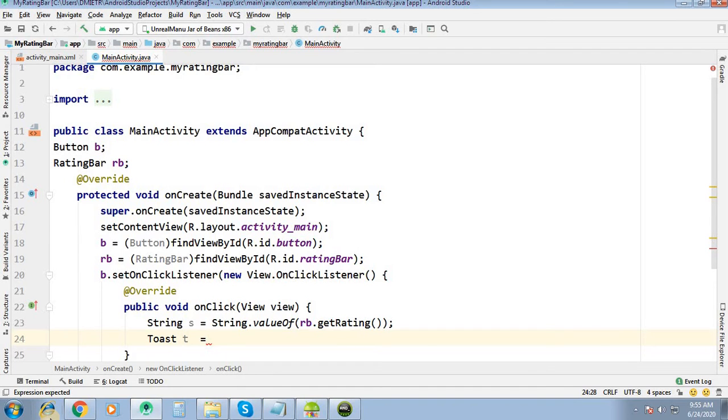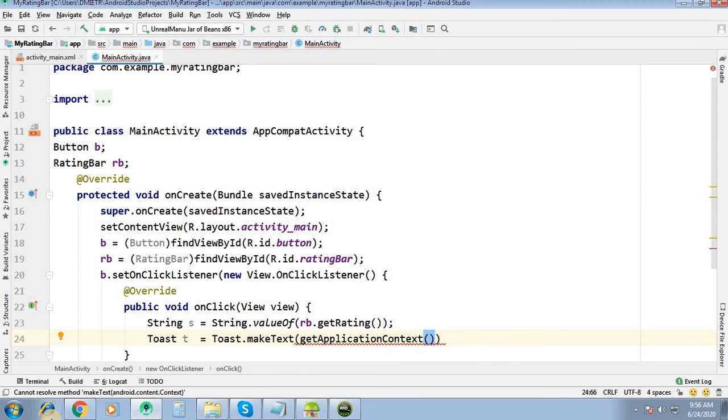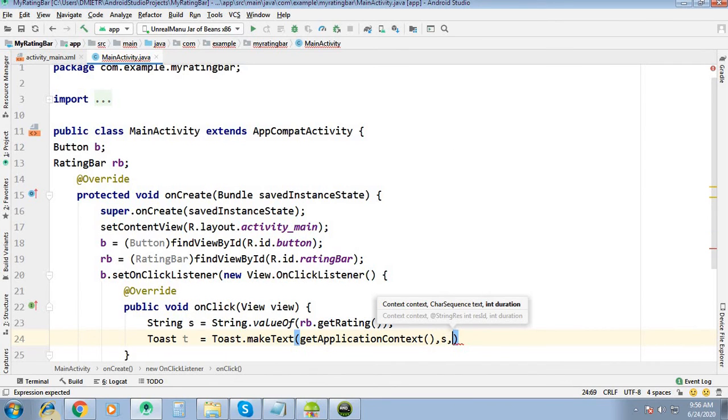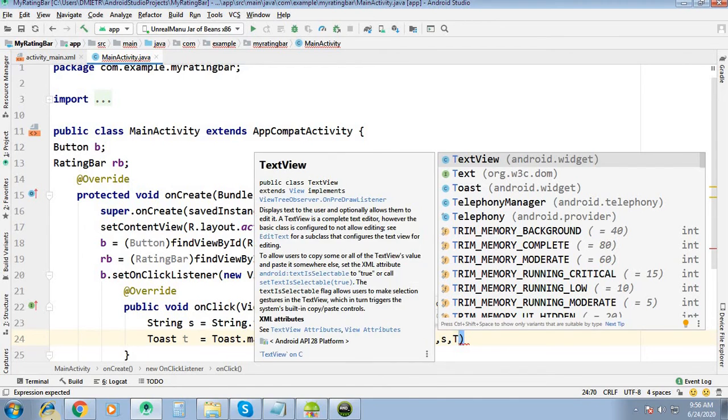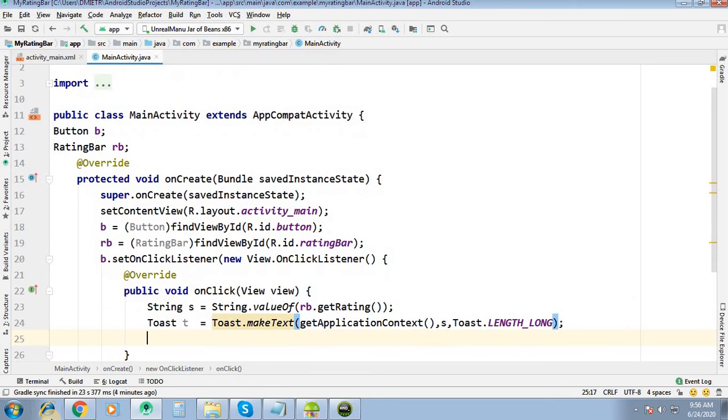Then Toast.makeText, getBaseContext, getApplicationContext, then the string s and the length, Toast.LENGTH_LONG, and t.show. So whatever rating is there, it is going to display. So now let us run this configuration.